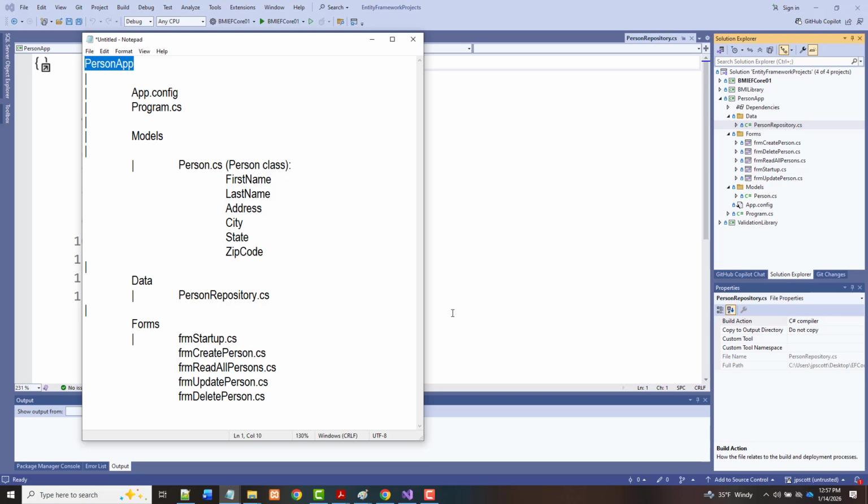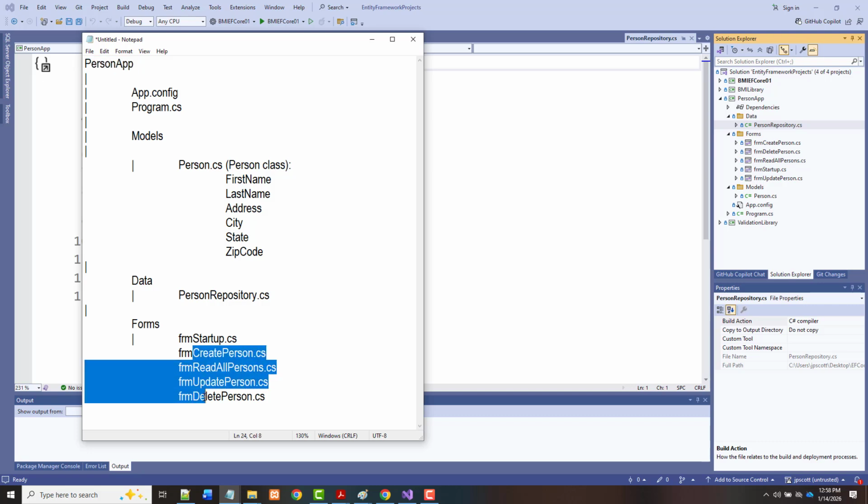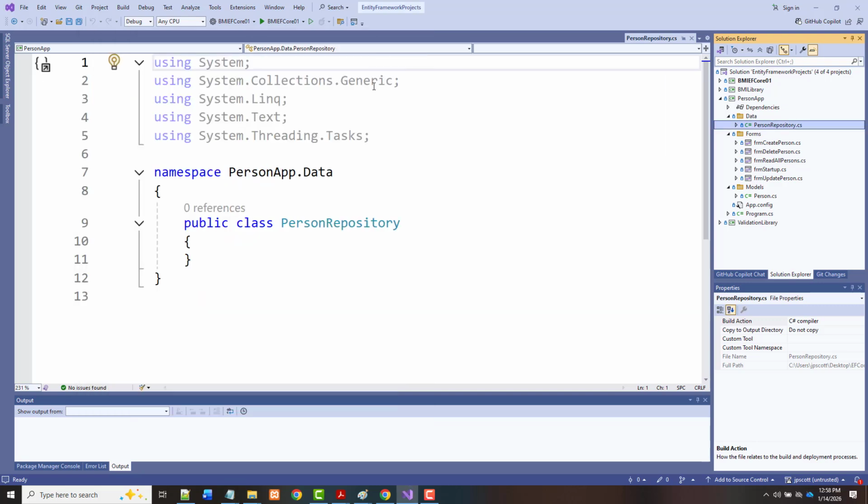And we changed the name of our form1.cs to frmStartup.cs, and we added a frmCreatePerson, frmReadAllPersons, an frmUpdatePerson, and an frmDeletePerson. So when you look at these right here, that's going to give us the ability to do CRUD. All right, so we're going to start working on these right now, but before we do,